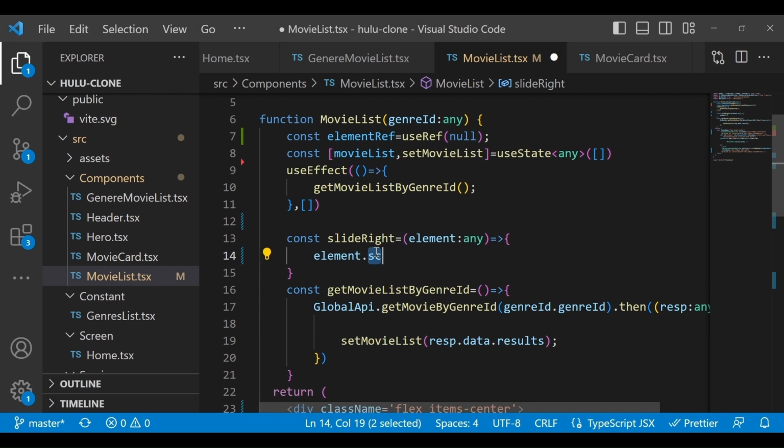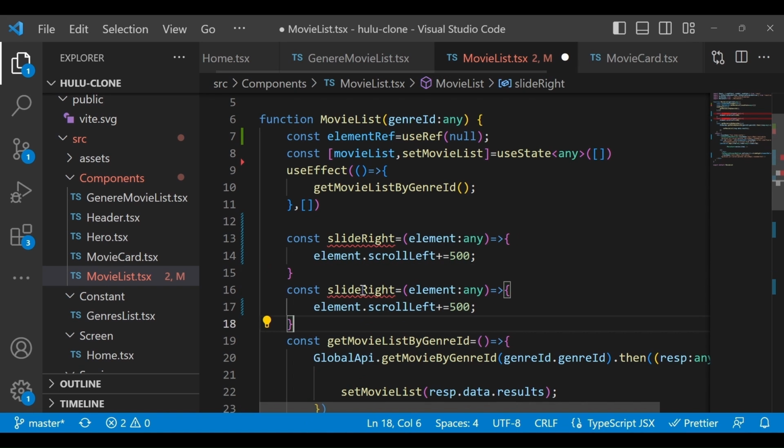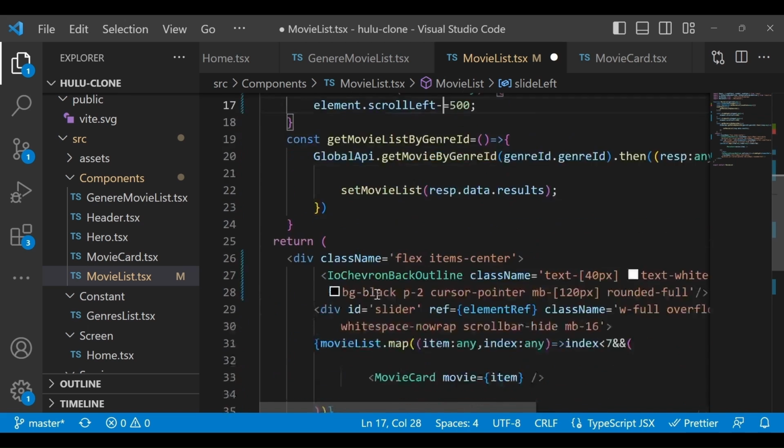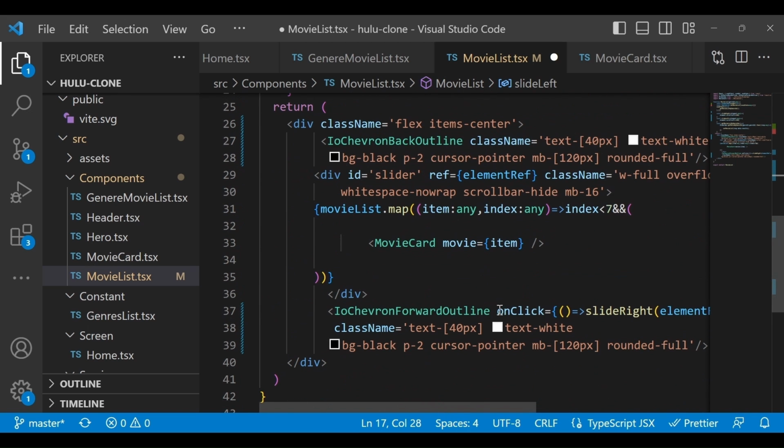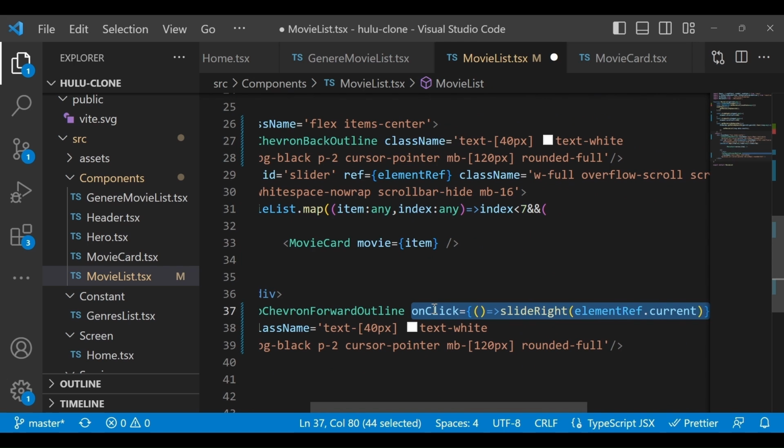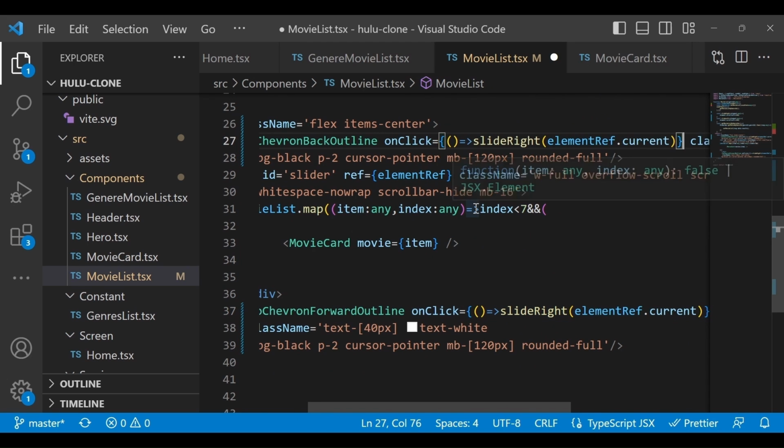So just write scrollLeft plus equal to 500. Okay. So it will scroll left plus it will add this 500 pixel value. Okay. Same you have to do for the left slide. Okay, so just type slideLeft and you have to do minus in this case. Okay. And make sure you also implement this particular onClick method to this back one.